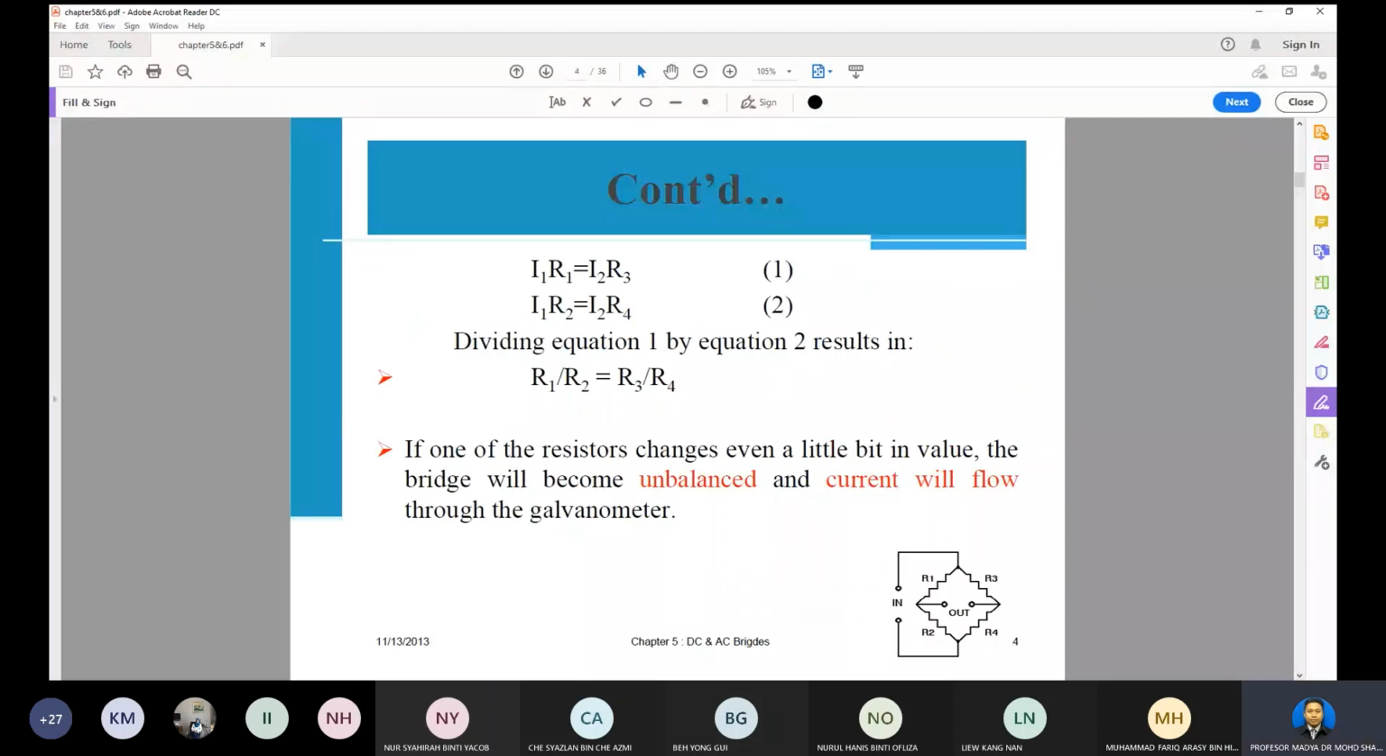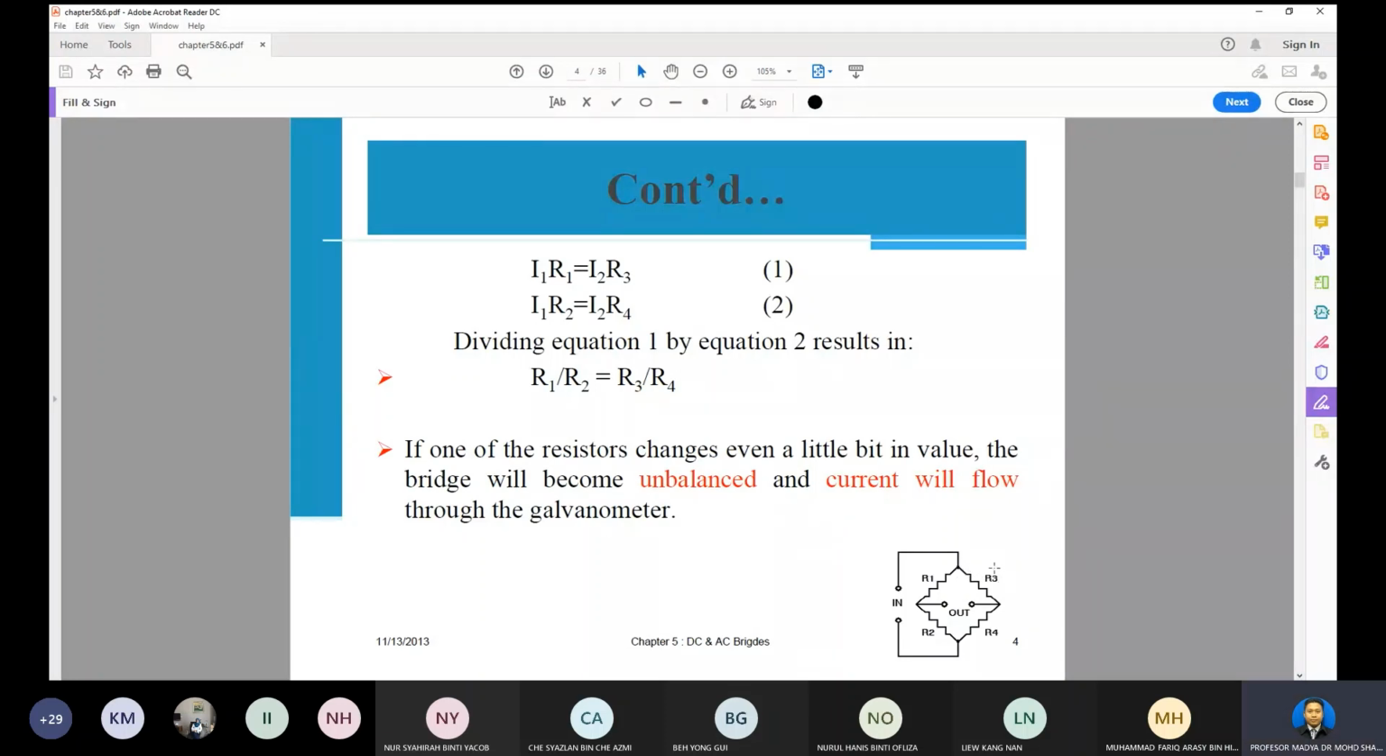You can see the equation here. The voltage across R1 and R3 is the same. To find the voltage across R1, the formula is voltage equals current multiplied by resistance. So we assume current I1 multiplied by R1 equals, we assume this one is I2,